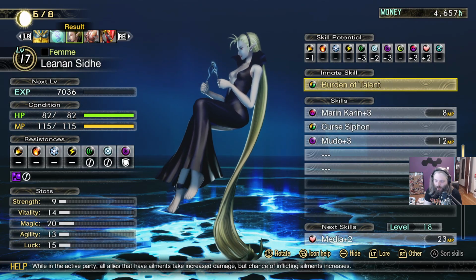While in the active party, all allies that have ailments take increased damage. All right, so far, I'm not going to lie, it doesn't sound that good. But after the comma, it gets better, I promise. But chance of inflicting status ailments increases. So status ailments in this game are incredibly powerful. Bosses are frequently resistant to it, but this makes this character...